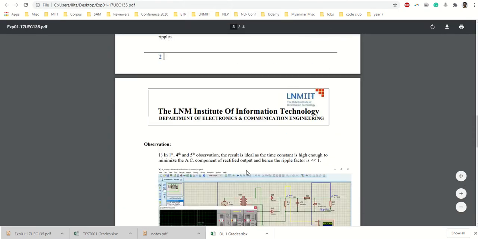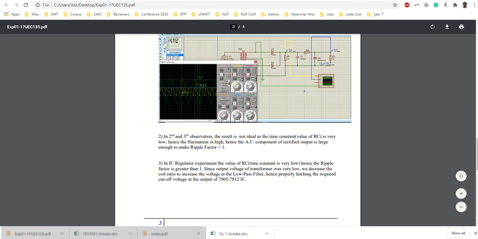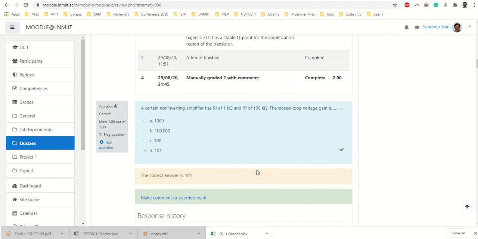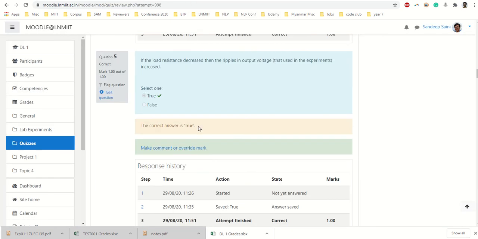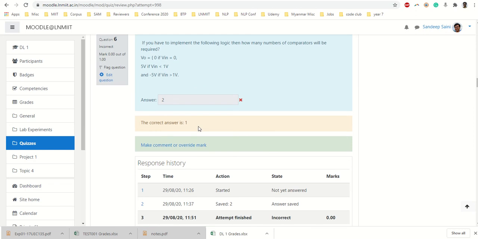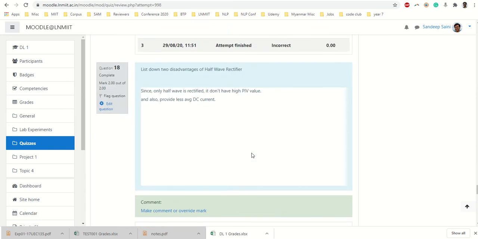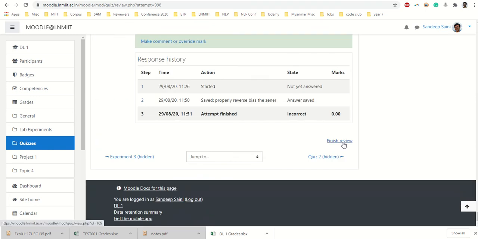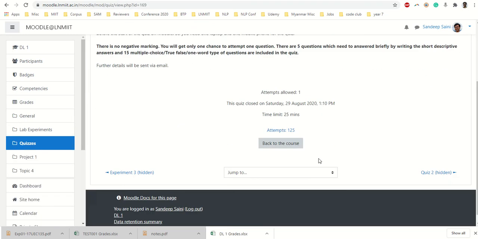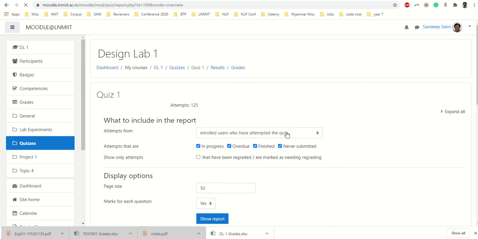Go back to the PDF, scroll down, go to the next question, go back to your quiz, and keep on giving the marks. So you can open one PDF and the respective review of the student, and wherever you find handwritten solutions to be evaluated, keep giving the marks manually. Once you are done with that, you can say okay, now we are going to finish attempt or finish review. So this student is done and we can move to the next student.